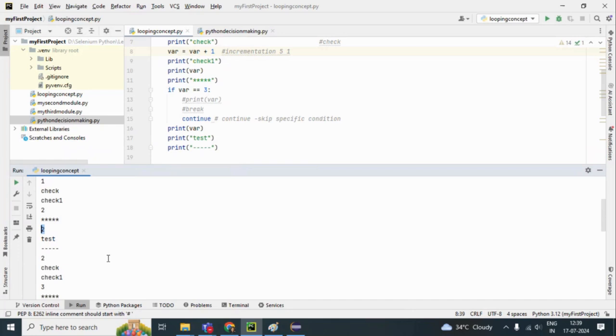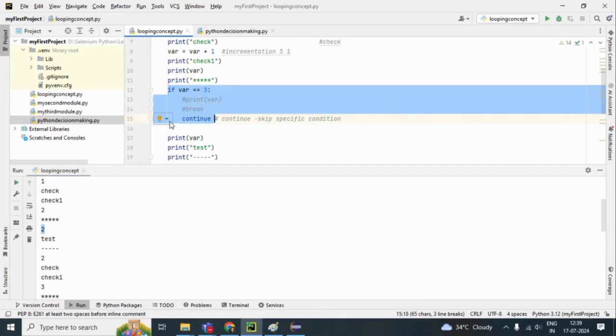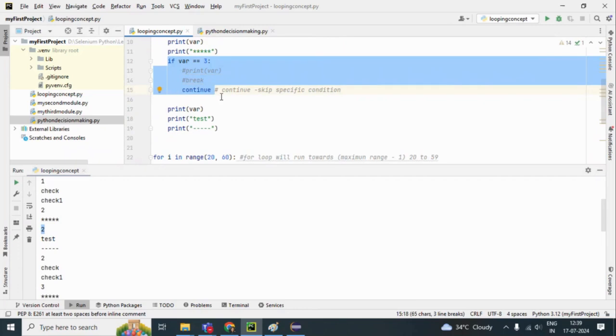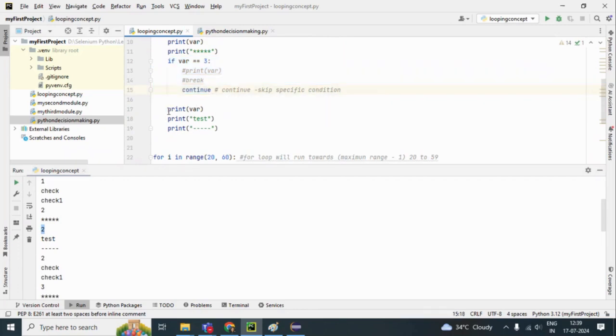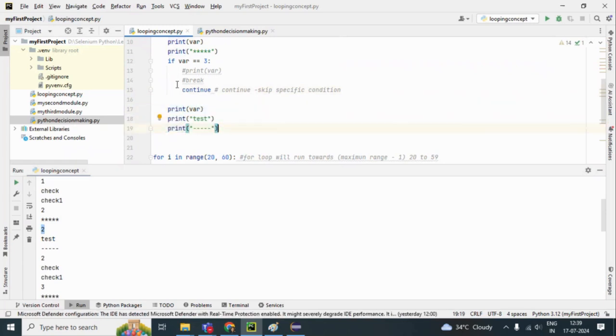If var is equal to 3, then what should come? My variable is 2, but 2 is not equal to 3, so it will not go into the condition. This is one condition. If it does not go into this condition, then it will continue with this. But if the variable becomes 3 here, then it will go to the continue keyword, and it will